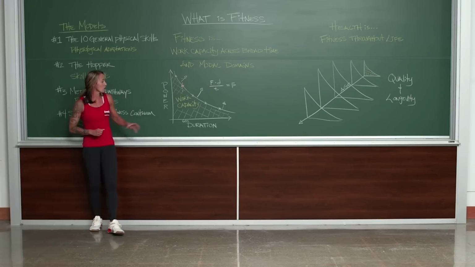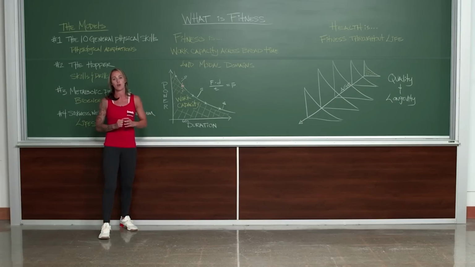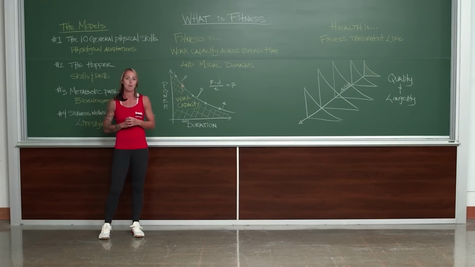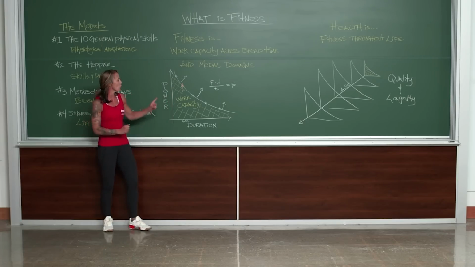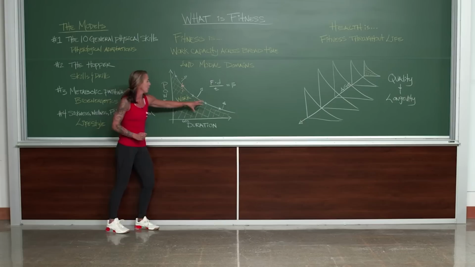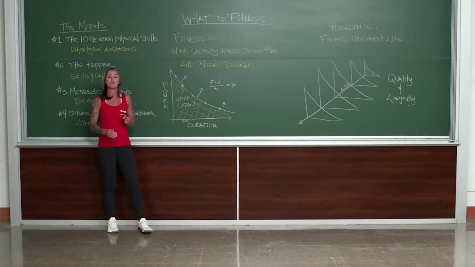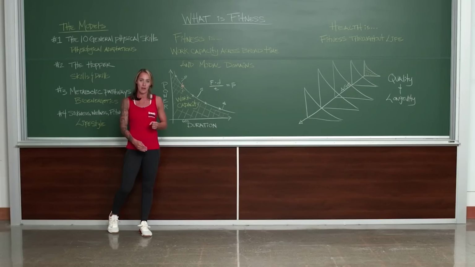So the area under the curve is your work capacity. Fitness is defined as work capacity across broad time and modal domains. And the goal, you guessed it, we want to do CrossFit. And why? Because we want every side of this curve to lift. We want the short and the powerful, we want the long and the less powerful, and everything in between to rise together. And we do that by performing CrossFit.